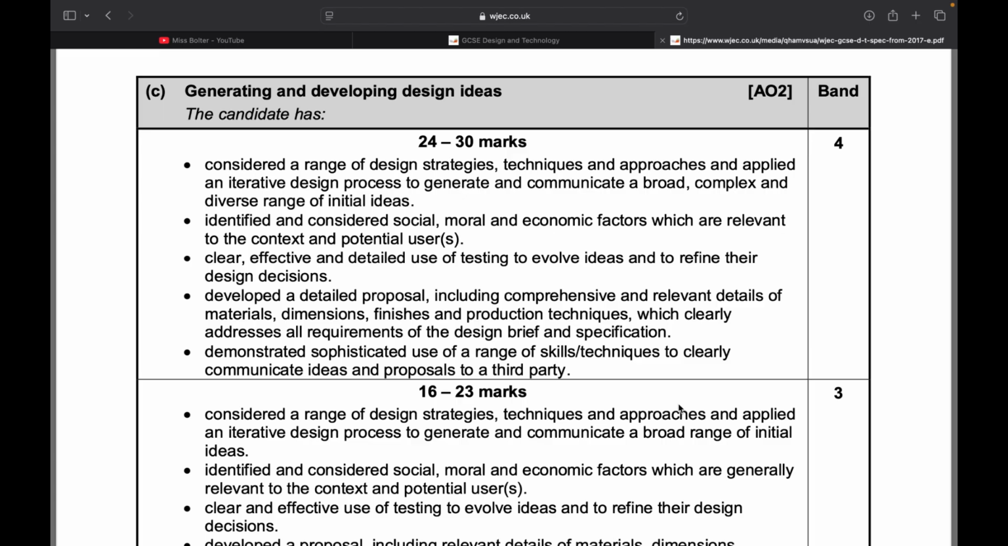It's completely down to you, your design style, and how you'd like to present your work. Okay, you need to have identified and considered social, moral, and economic factors which are relevant to the context and potential users. Now, picking things apart here. Social: how is it going to impact somebody's or a community's social life? Does it impact